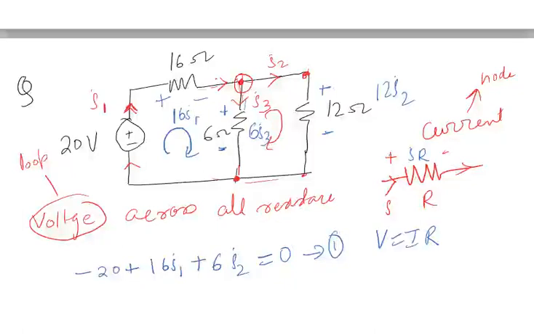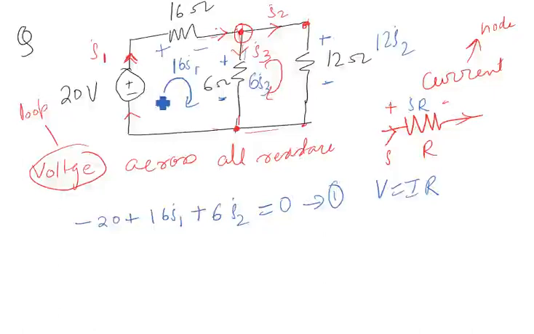Okay, let us go for the other loop. You can choose many loops. So this is the other loop. Okay, so you can choose minus 6i2, minus 6. I am moving from this end, this side. So minus 6i2 plus 12i,